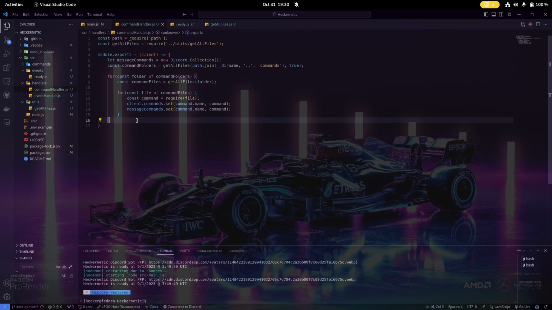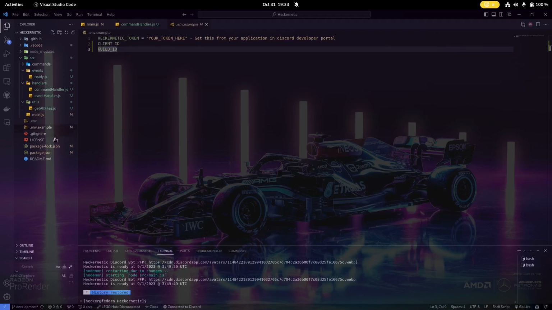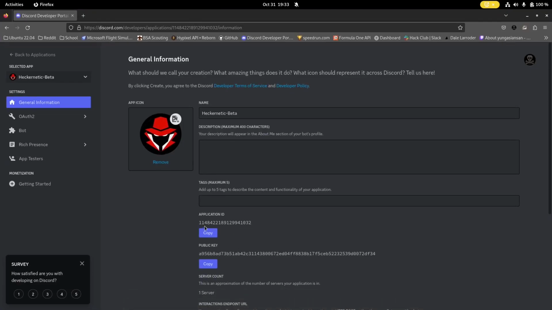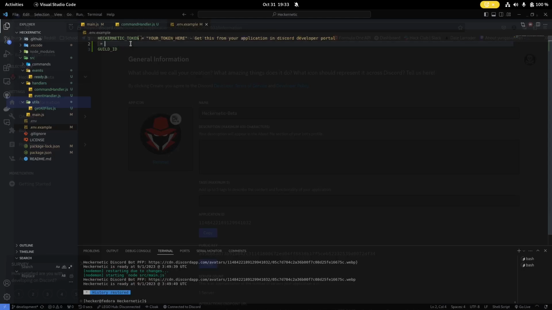And now we're going to move on to the little bit more complicated section, which is interactions. The next thing that we have to do is add stuff to our env file. So we're going to go over here. I'm going to go to my example file just to show you what we need, because I don't want to disclose my secrets. But here, we're going to need to add client ID and guild ID. So client ID is going to be the application ID of your bot. You can find it by going here. Application ID is here. You're going to copy that, and then you're going to set this equal